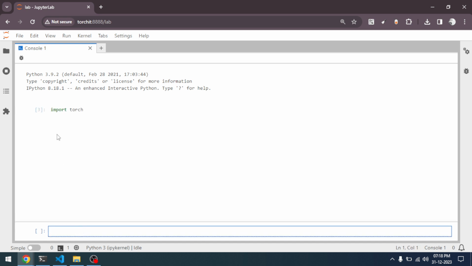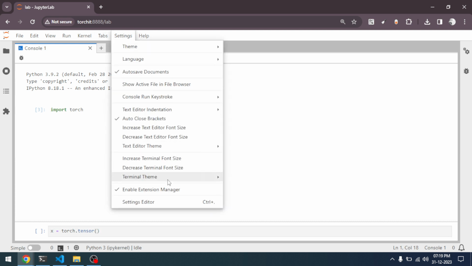So once you use import torch, the torch will get imported, and if I say x equal to torch, and if you press tab, and sometimes even the tab is not required if your system is really fast, and you will see that the auto completion starts working. So if I say tensor, and if I open it, and there are a couple of settings you need to